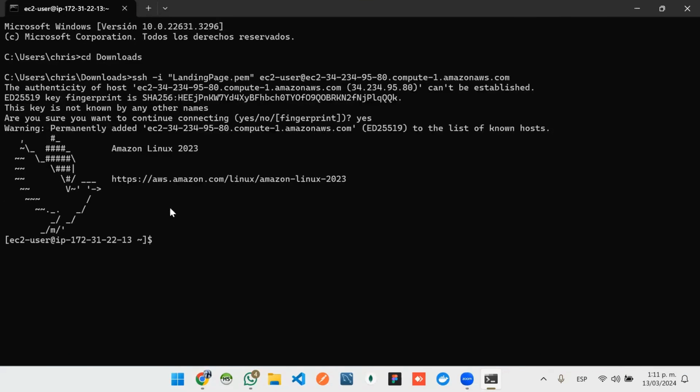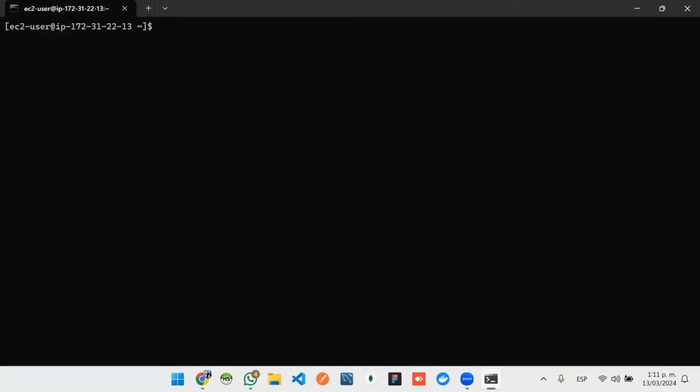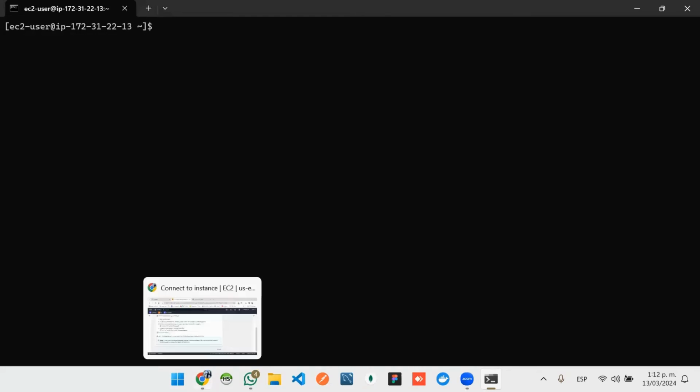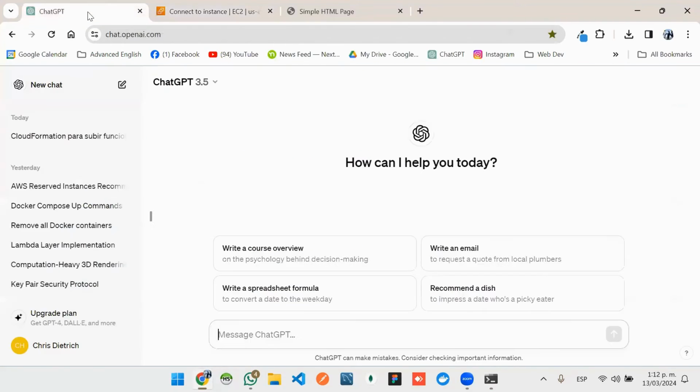What I like about this is now we're going to be using Linux commands. I prefer Linux. I really like Linux. Okay, so what do we do now? Well, I think the best idea is to install Apache Web Server, again, in order to display the content on the browser. So let's go to our good friend ChatGPT, and we can ask how to install Apache Web Server